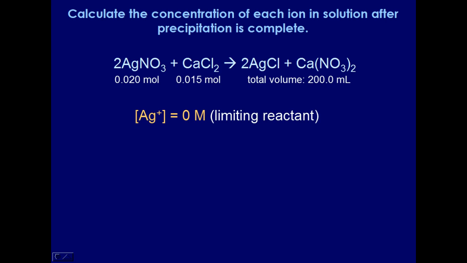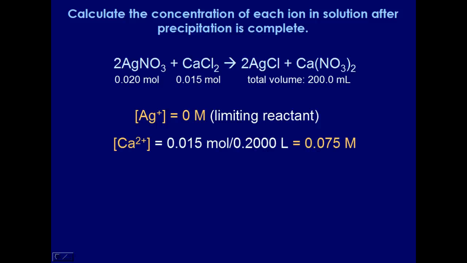Because the spectator ions themselves are not changed during this reaction, their amount in moles does not change, but their volume does. In calcium chloride, we have 0.015 moles, and because there is one calcium ion in calcium chloride, we have that many moles of calcium ions in our solution. Because our new volume is 200 mL, we would take that 0.015 moles and divide it by 0.2000 liters, and that would give us a concentration that's approximately half of what we had to begin with,